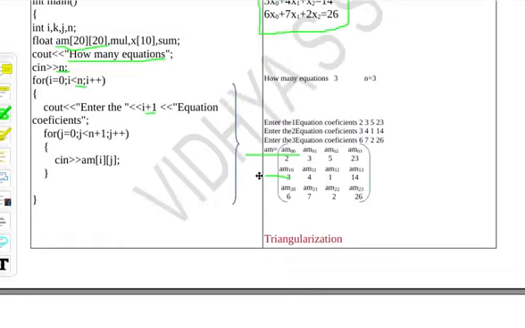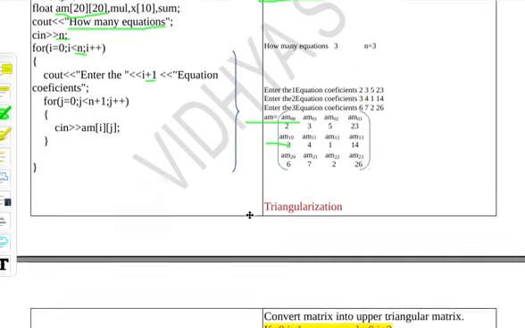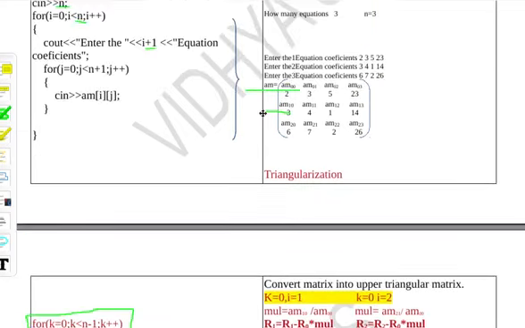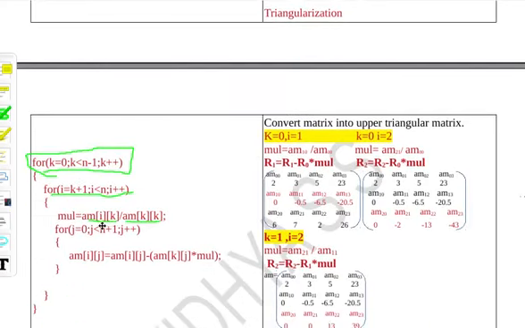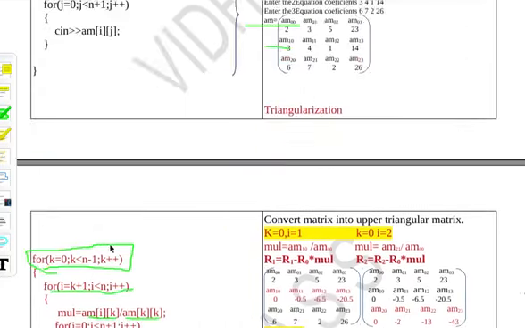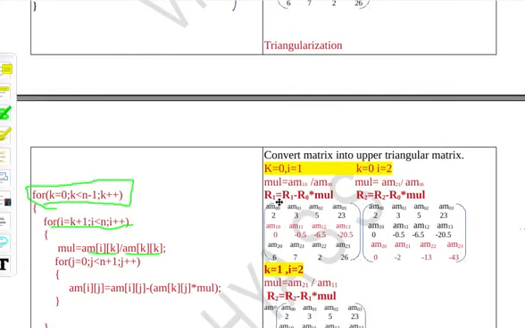That is, ik means if I am taking the ith row, I need to divide it with 0 0, kk. So this column will be the same, so this will be k only. Then the row, which row I want to make change, I will get from i. So it is a[i][k] divided by a[k][k]. So next, after getting the multiplier, what I have to do is the operation R1 minus R0 into multiplier.